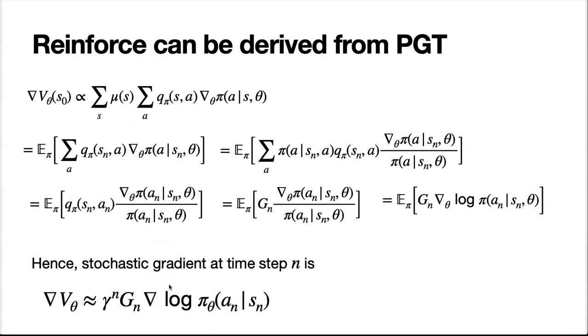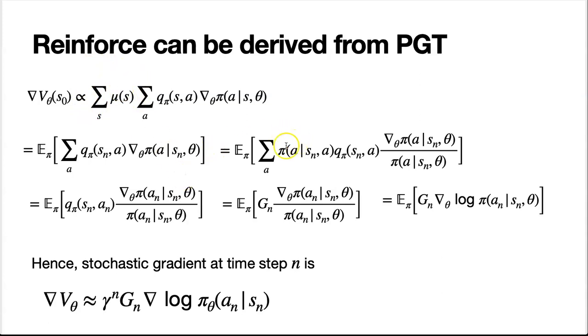The reinforce update, which is the update that we just saw a couple of slides earlier, can be derived from the policy gradient theorem. We start off with the policy gradient theorem, where the gradient of the value function is given by this expression on the right. This expression is just substituted into an expectation, where the expectation is over the policy pi, and we remove the first term over here, which is the summation over the steady state